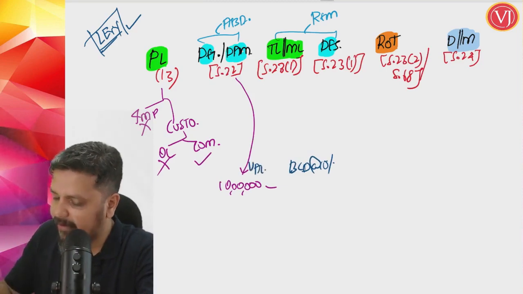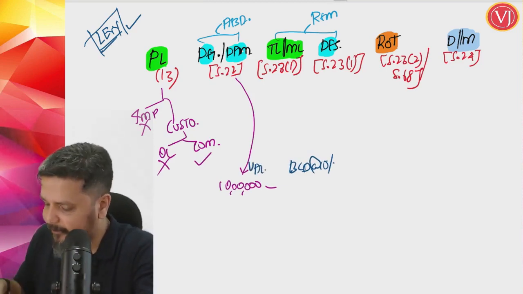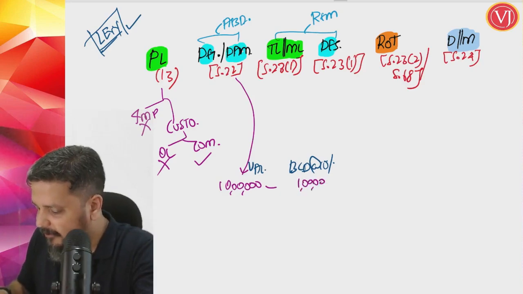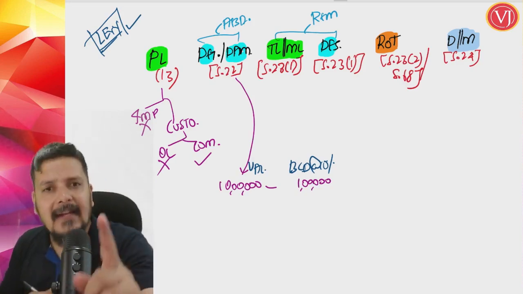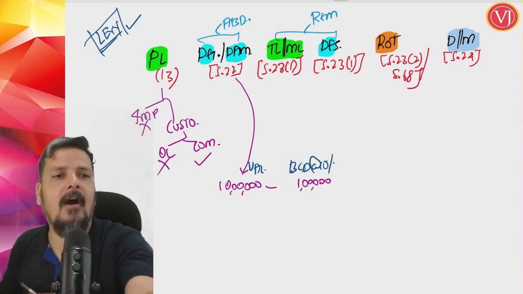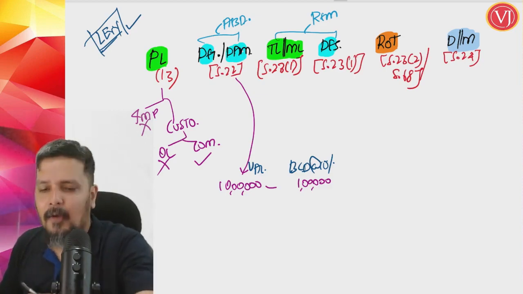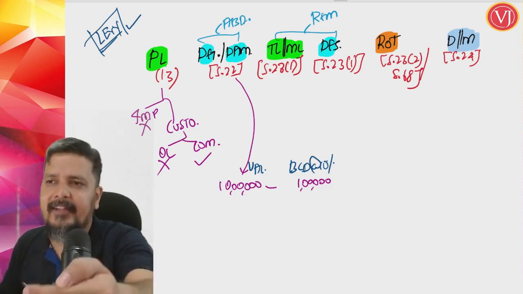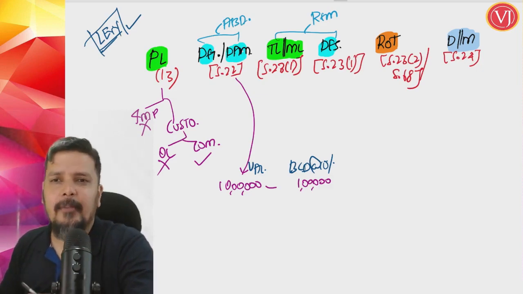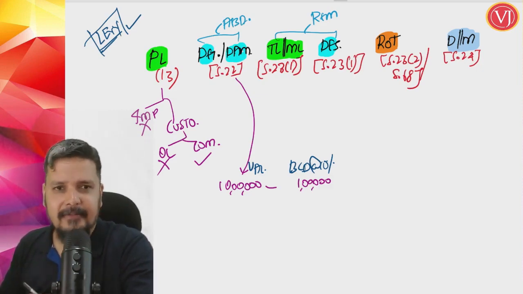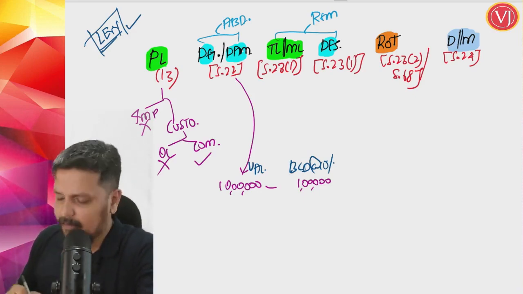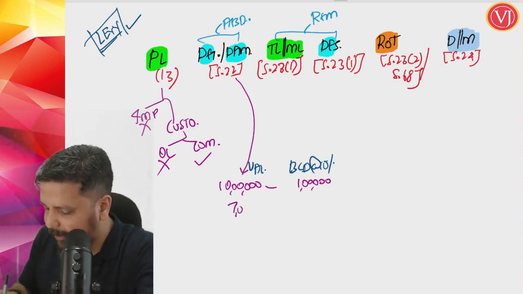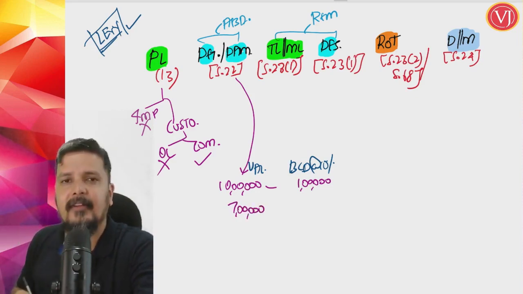BCD at 10%. What would have been BCD at 10% by the way? 1 lakh. If the value is 10 lakhs, BCD at 10% would have been 1 lakh. Now, you are claiming that the goods are deteriorated or damaged, which means quality is reduced or there is physical damage. Obviously that also will result in the value decreasing. Now, on that lesser value,